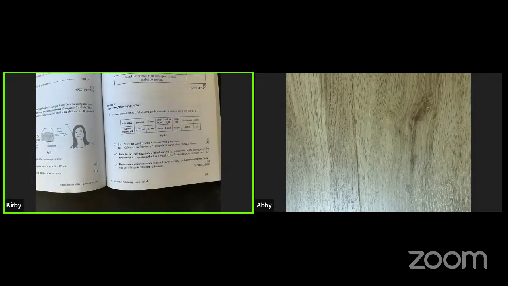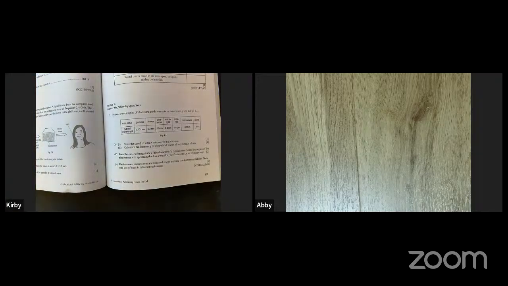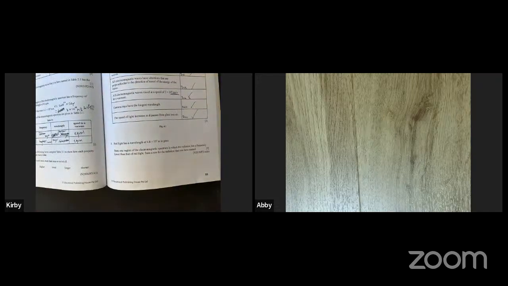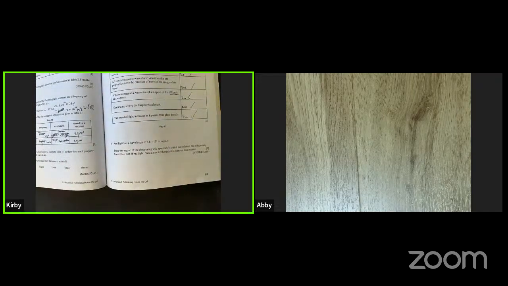Right. The red light is something you can see. That's the visible light, the one in the middle. To the right, more dangerous. To the left, less dangerous. Yeah, you've got to look at the Jamboard. You've got to find it yourself, and you can copy it if you want. Okay, please try that.